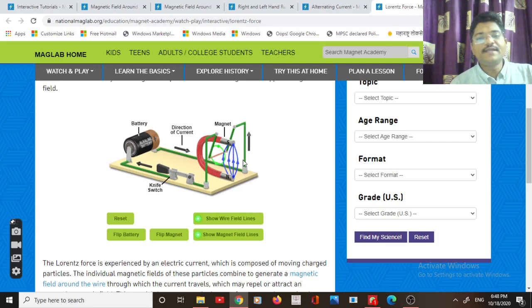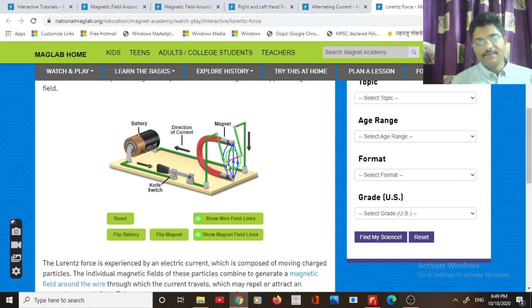There is an interaction between this external magnetic field and the magnetic field of that current carrying conductor. That interaction may be either attractive or repulsive. Depending on it, the force will be experienced. So here the wire goes on that side. If I reverse the direction of current, it will go on the other side. Look, like this. So in this way, we can identify the direction of force also.